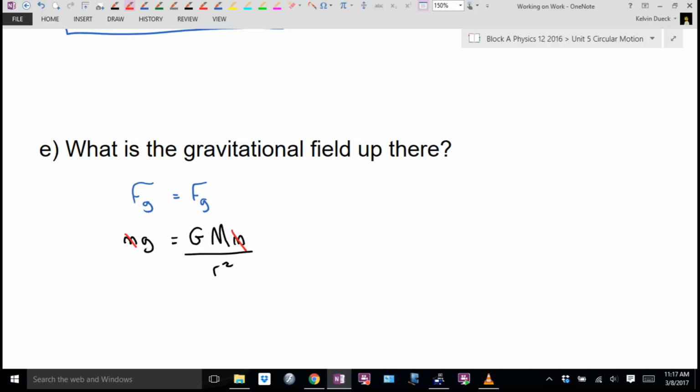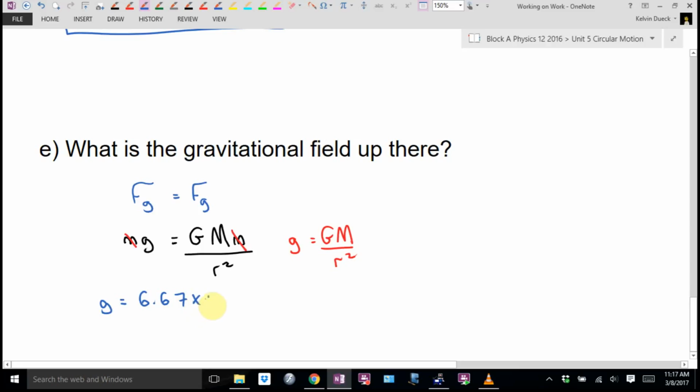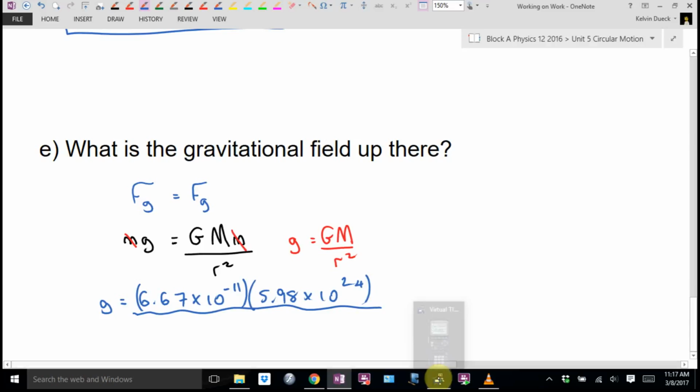See how we got that, Julie? It said gravity equals gravity, and the little m cancels. The equation for gravitational field strength anywhere in the universe is big G, big M over r squared. So up where we are in geostationary orbit, the gravitational field strength is going to be 6.67 times 10 to the negative 11, 5.98 times 10 to the 24th, divided by